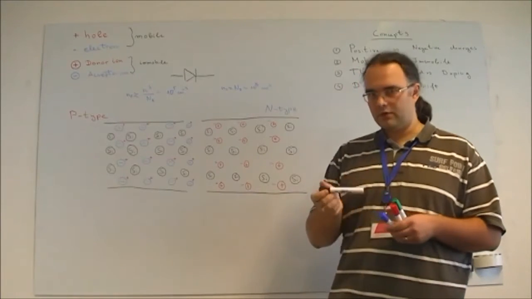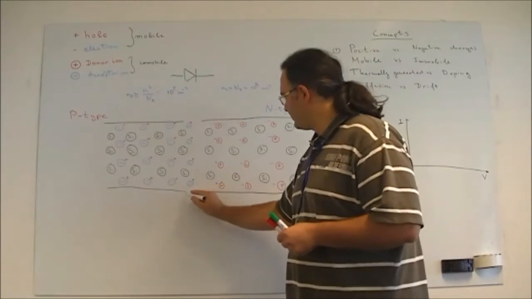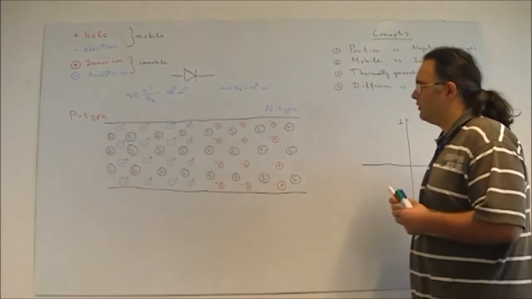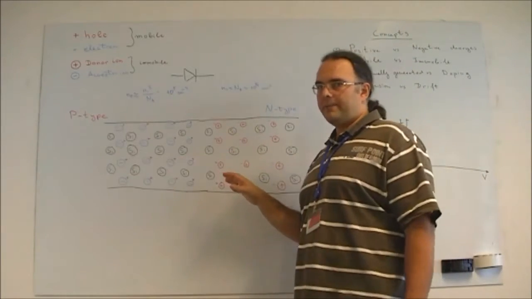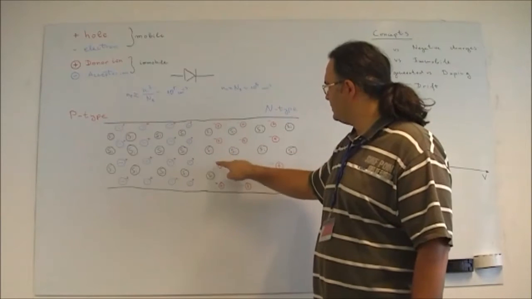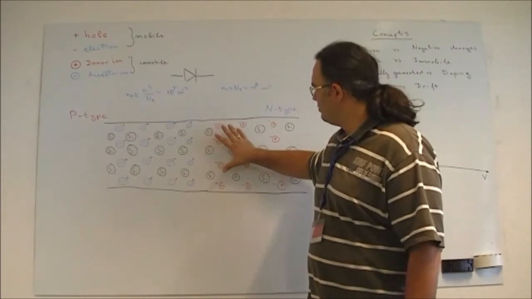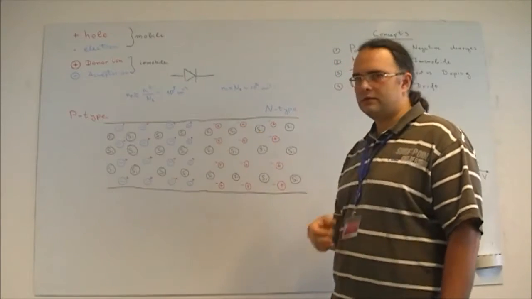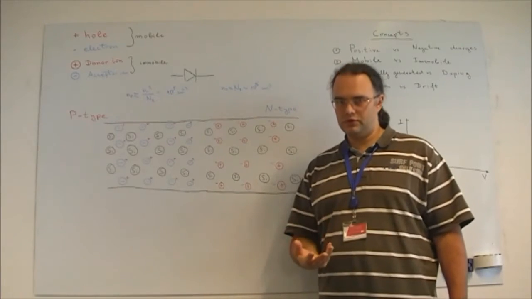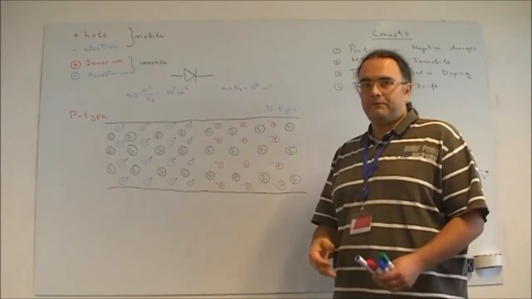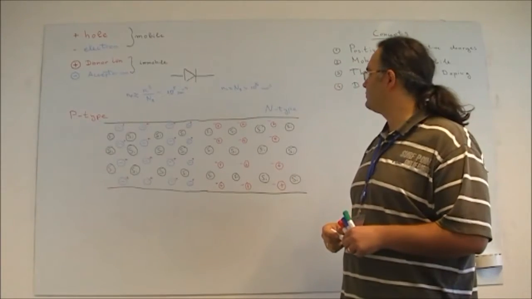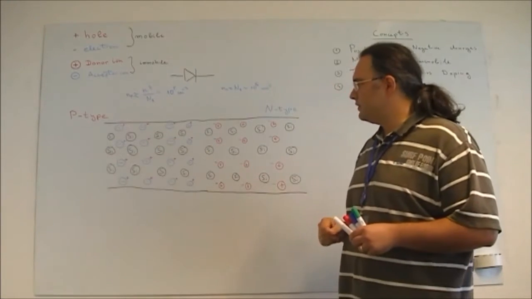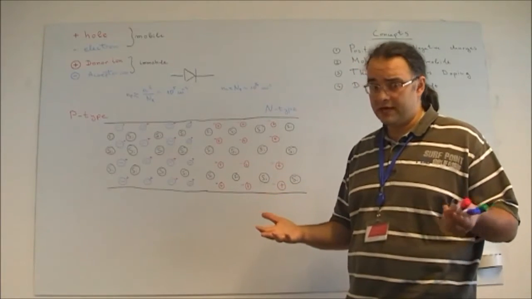the holes. So now the question is, what happens when we connect the p-type region with the n-type region? So the first thing that will happen is that the electrons here will try to move to this side. And the reason is that here in the n-type the concentration of electrons is huge, in the order of 10 to the power of 16 electrons per cubic centimeter, while the electrons here, they are just a few minority carriers,